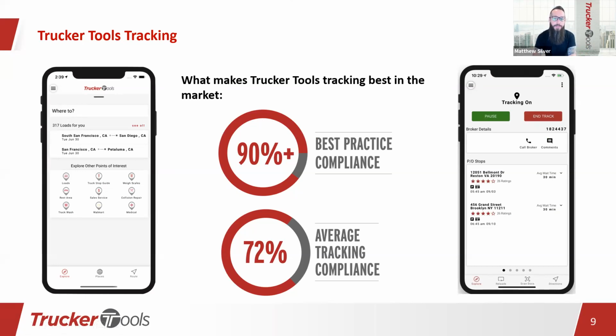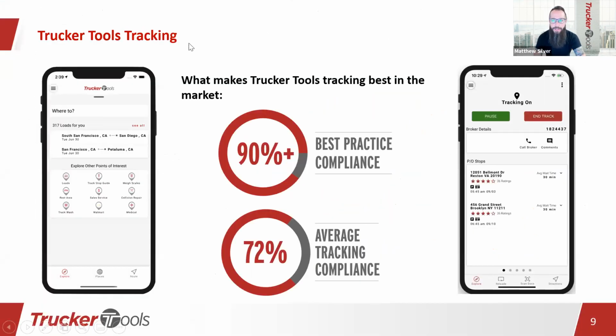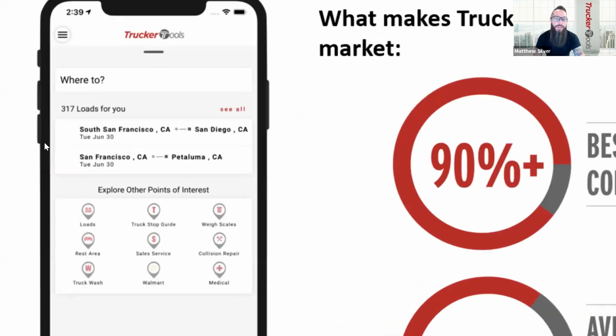The Trucker Tools customers get an average tracking compliance of 72% from start to finish. And this is because our capacity matches are already trackable within the app. Again, all of our capacity comes from engaged drivers. We have customers that follow our best practices, and they're receiving 90% tracking compliance, which you can imagine is time saving on their side. And achieving the big numbers like that is really,